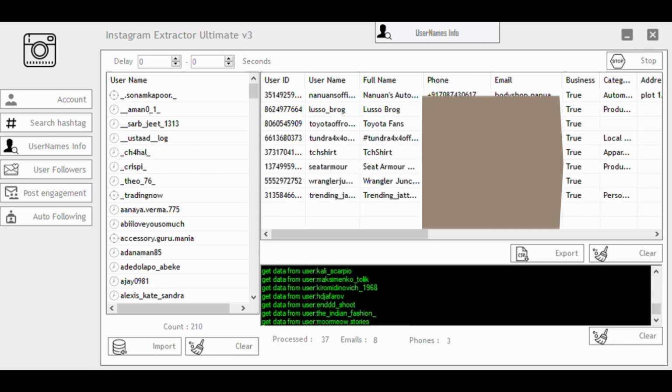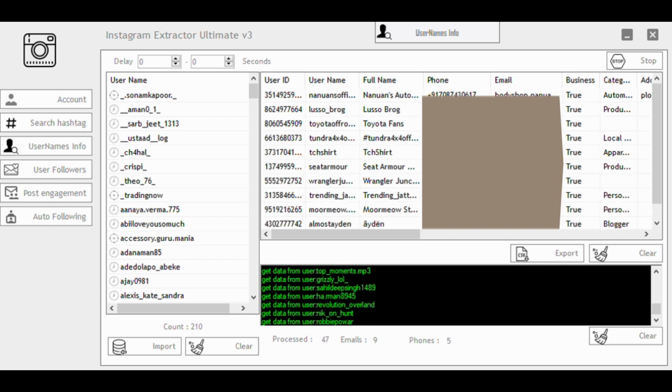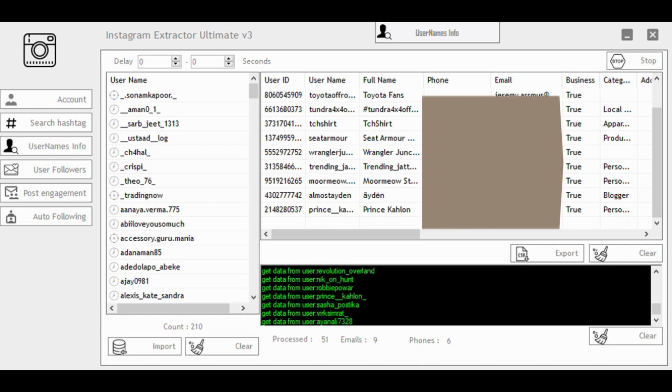These kinds of details we get by using the usernames info function. You can see it's just processing. That's how it works.